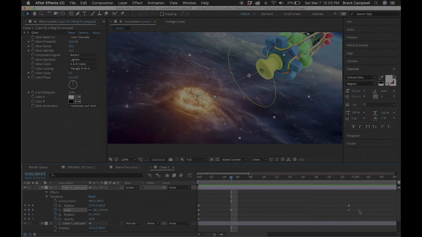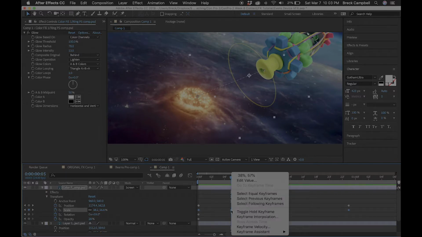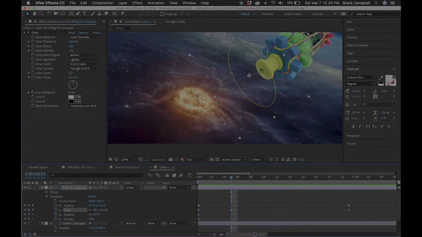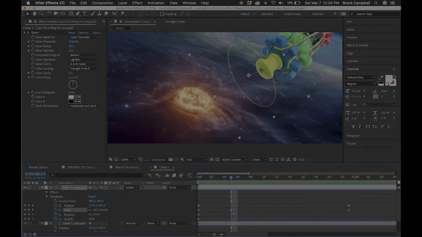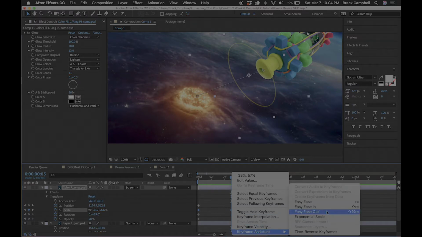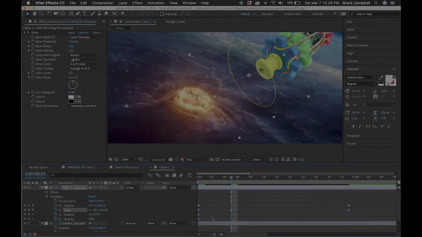Now, just because good animation and motion graphics often have some subtle keyframe changes made in terms of the velocities of what happens at each keyframe, I'm going to go under Keyframe Assistant with each of those keyframes selected. And under Keyframe Assistant, I am going to choose Easy Ease, and that changes the velocity at which this element goes from one keyframe